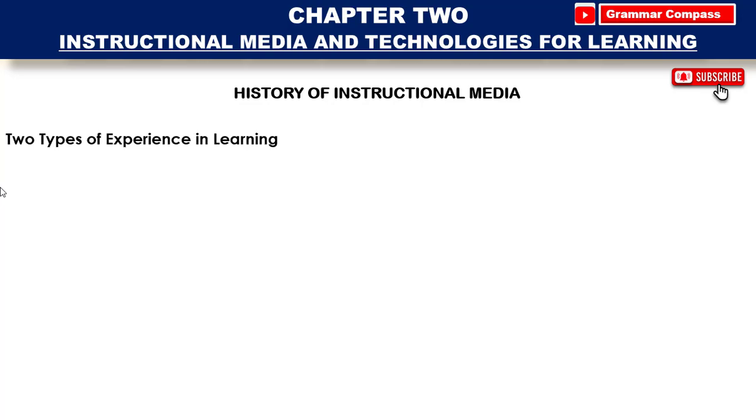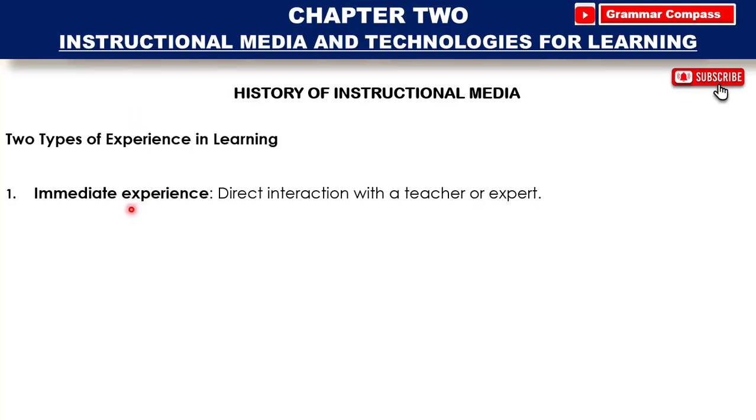What are we talking about? We are talking about the two types of experience in learning. Let us first talk about the immediate experience. This is the direct interaction with a teacher or expert. So this is the kind of learning that happens when you are physically present with a teacher, expert, or even a peer. For example,